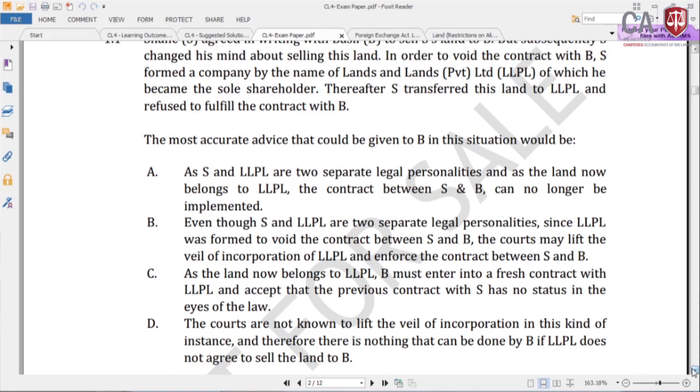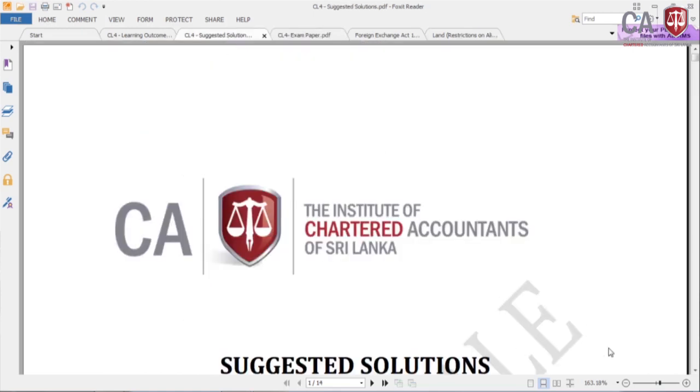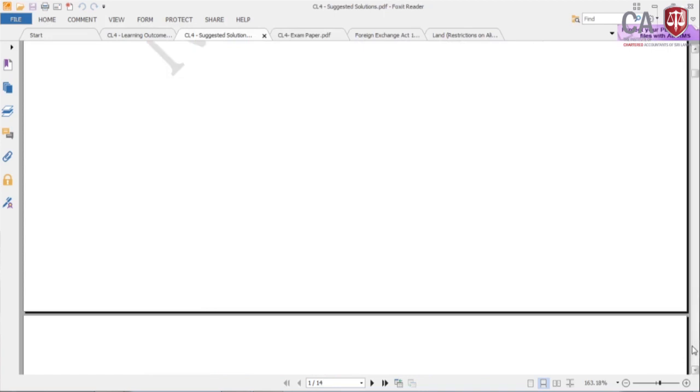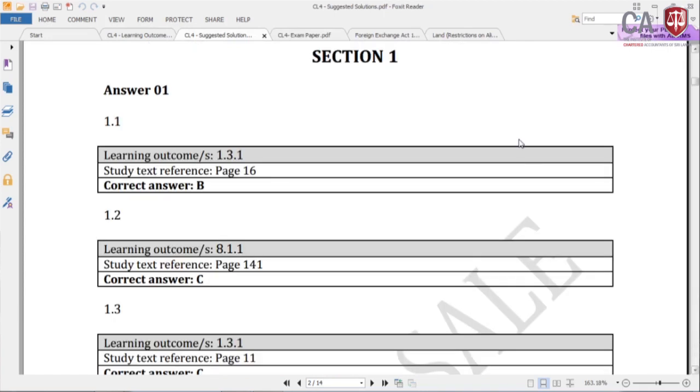D, the courts are not known to lift the veil of incorporation in this kind of instance, and therefore there is nothing that can be done by B if LLPL does not agree to sell the land to B. The courts are not known to lift the corporate veil in this kind of instance, and therefore there is nothing that can be done by B if LLPL does not agree to sell the land to B. Now if you look at the suggested answers, the correct answer here is B, because as I told you